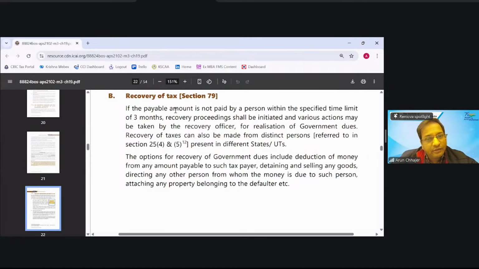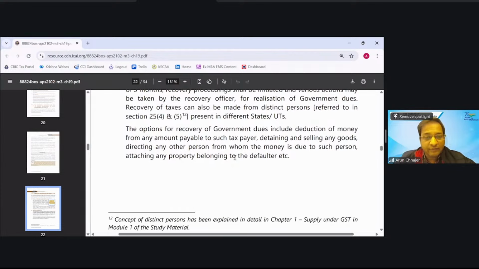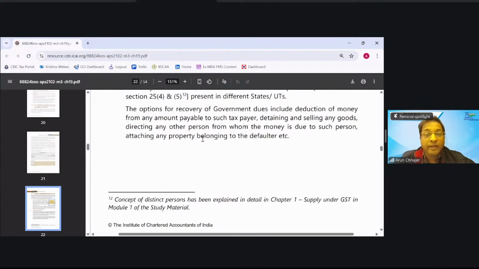Section 79. If the payable is not paid by the person in 3 months, a recovery proceeding shall be initiated and various actions may be taken by the recovery officer for realization of the government dues. Recovery of the tax can also be made from the defaulter, present in a different state or UT. The options for recovery of the government dues include deduction of the money from any amount payable to the taxpayer,